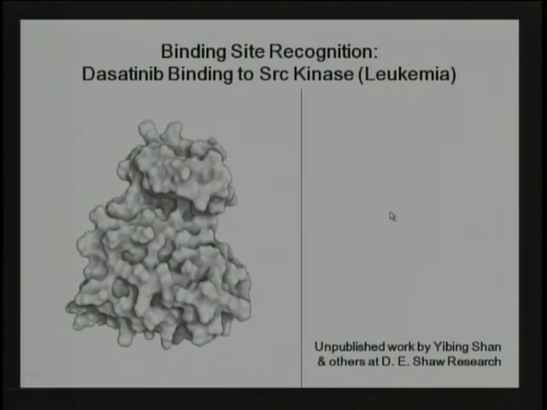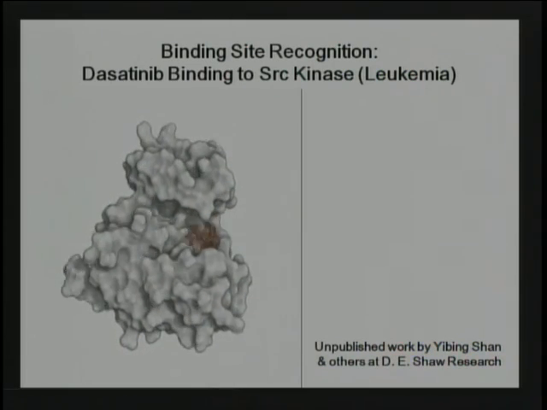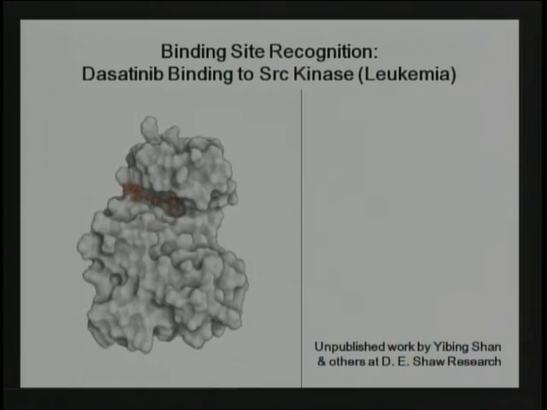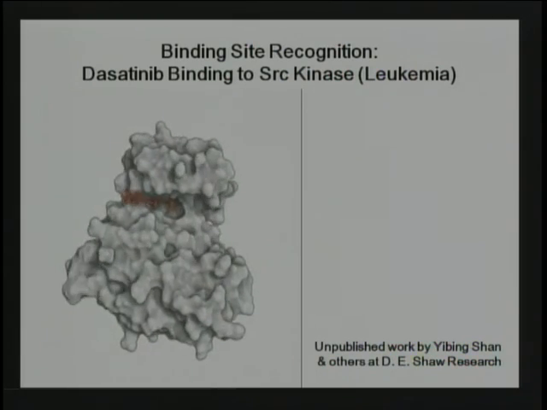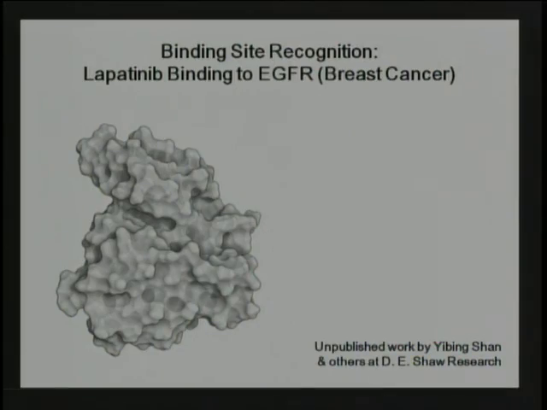And this is another experiment Yiping did where he just threw it into the box. I mean, it's harder than that, but put it in the box, and in this case it fairly quickly found the rough right area. I'm going to pause here, and it's actually kind of interesting, because maybe it already did it. A little groove opened up here, and it got distracted by it for a second, but then eventually it goes to exactly where it's supposed to. And then this is a different kinase. It's the epidermal growth factor receptor, which is actually a family of 4 different proteins that are implicated in several different indications, but in this case the drug is approved for the treatment of breast cancer. It's called lapatinib, and I guess it's hidden right now.